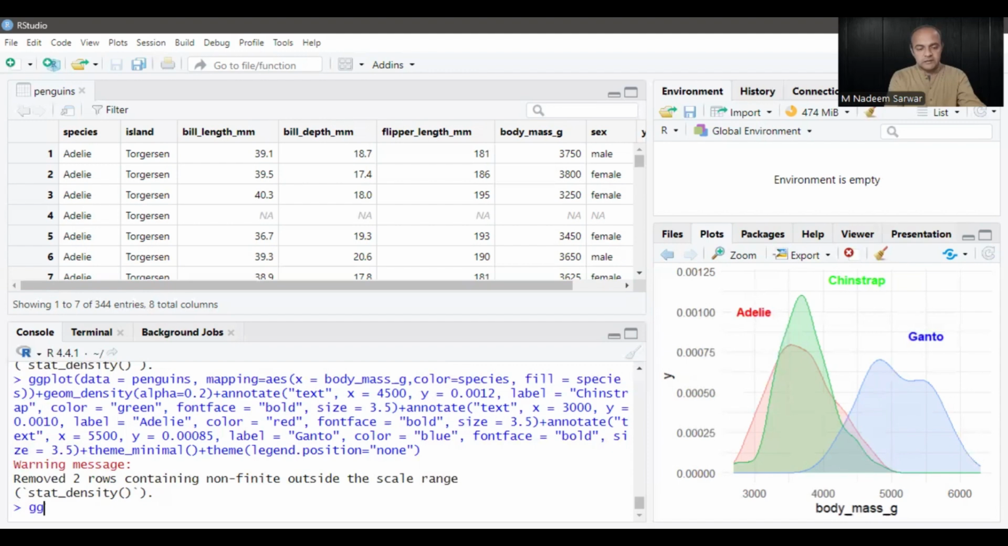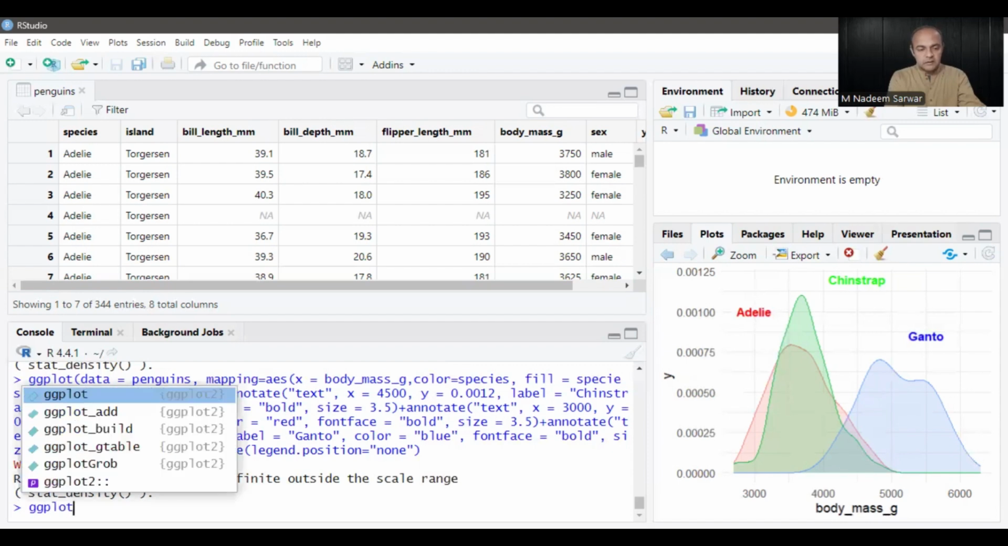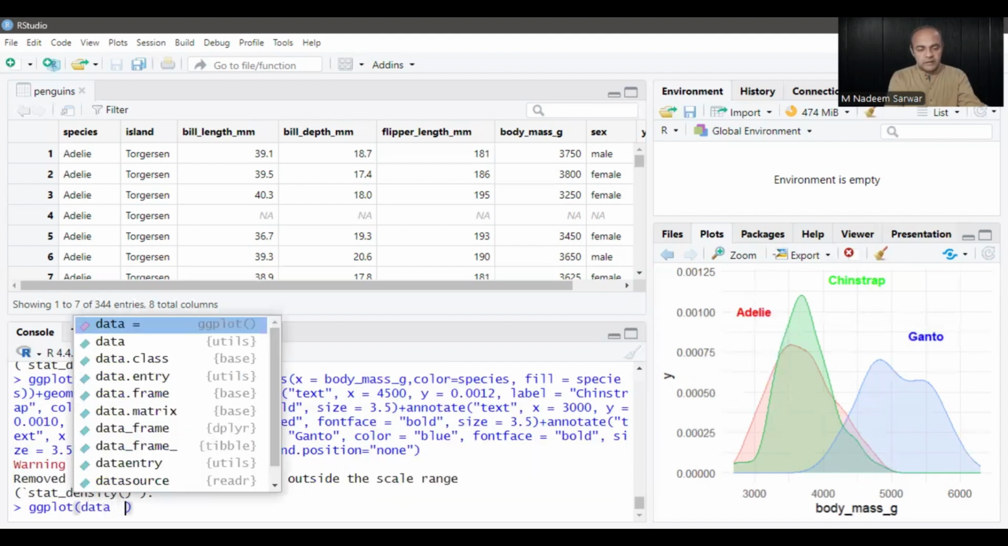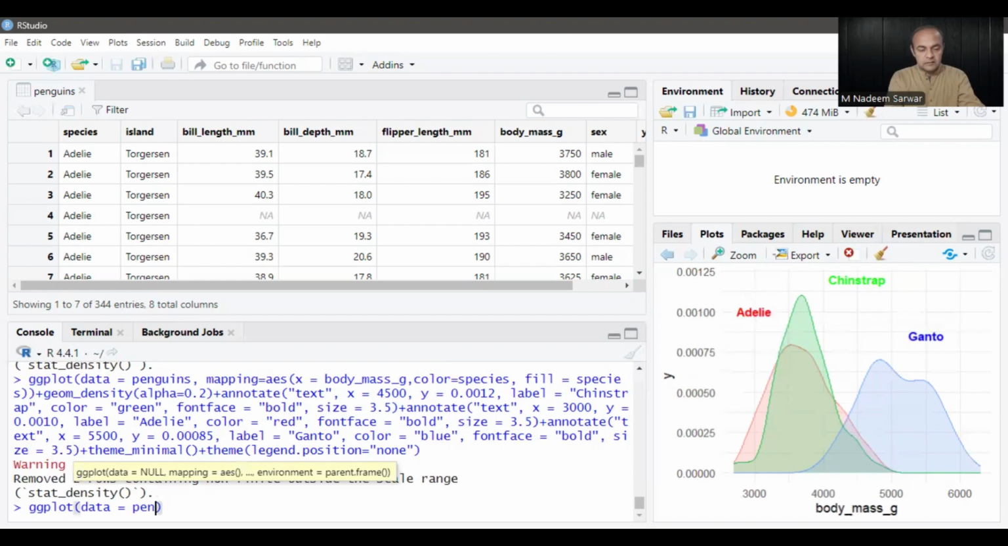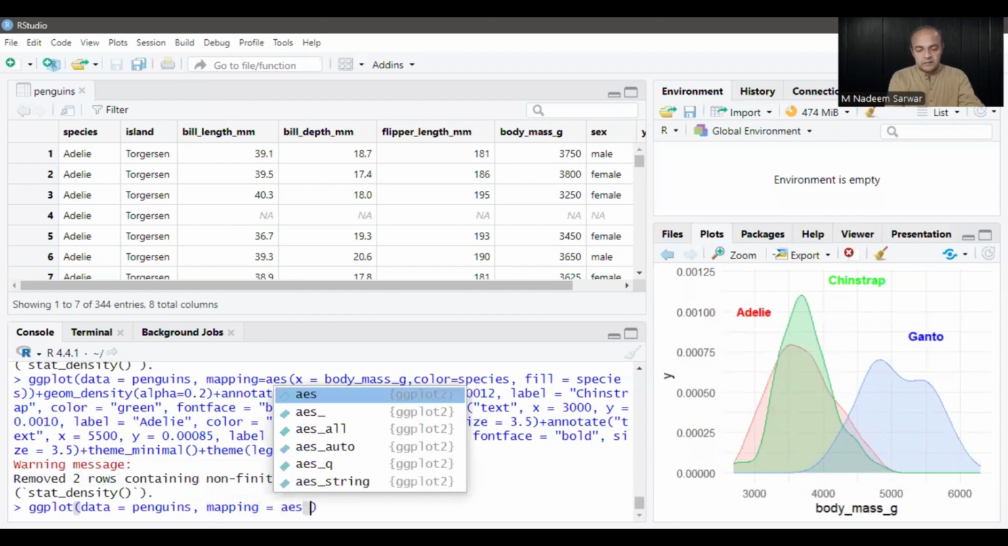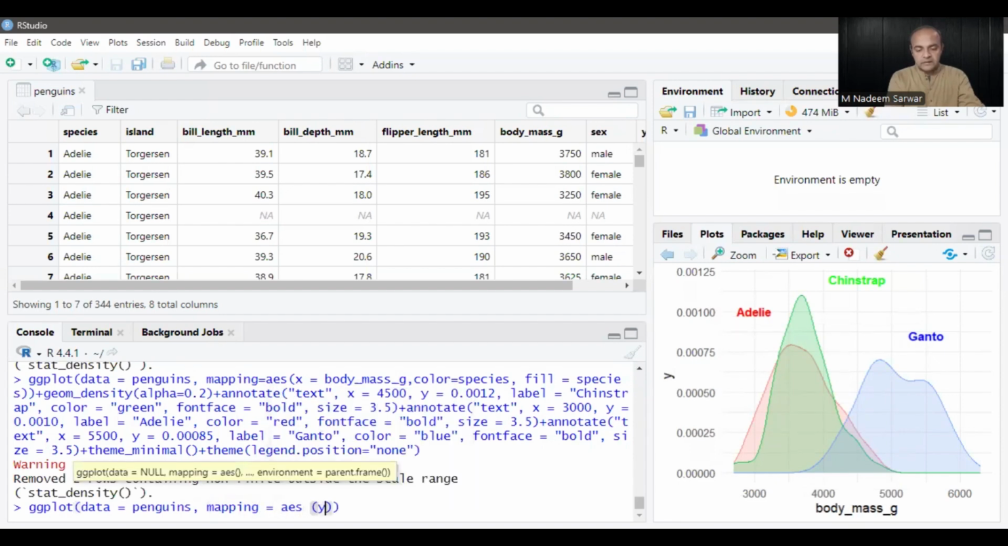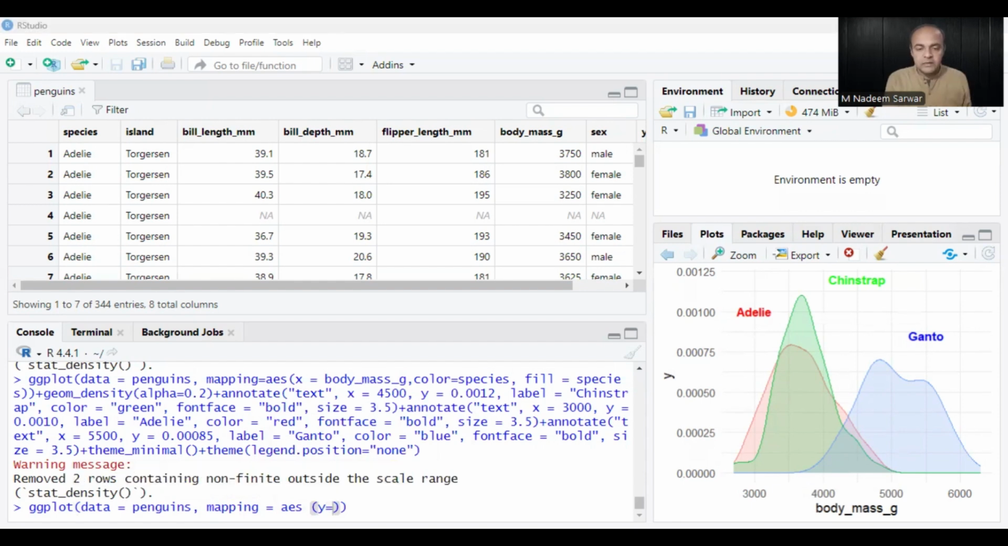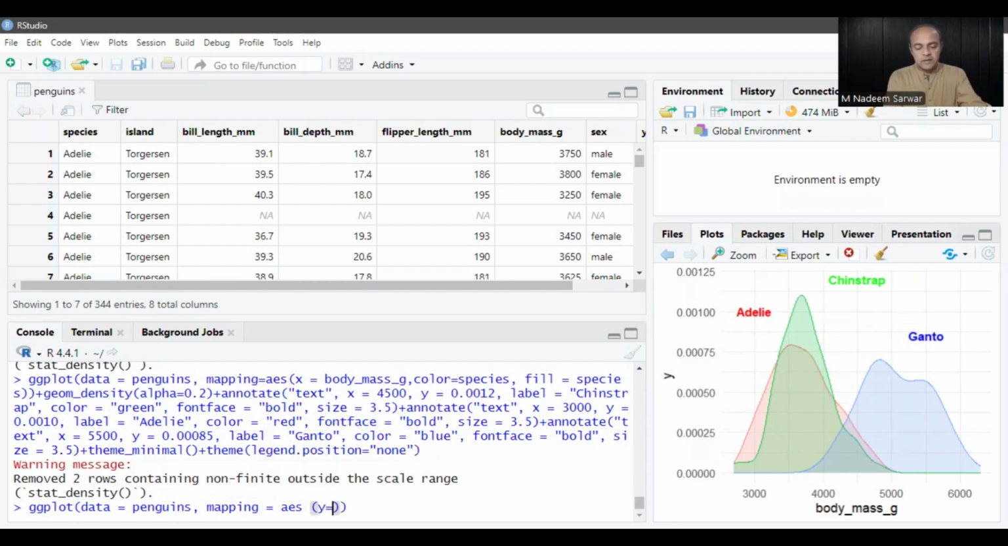So again, ggplot, and data is penguins. Okay, and then mapping, of course. Yes, we do not need to specify the x-axis. We just need to specify the y-axis over here. I am using body mass in grams, so I am just writing